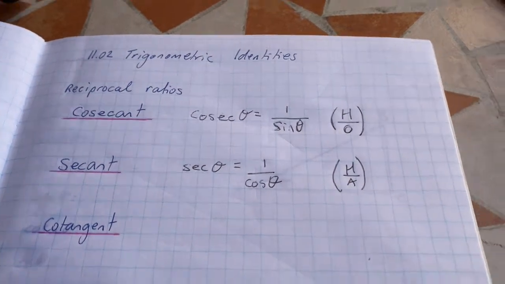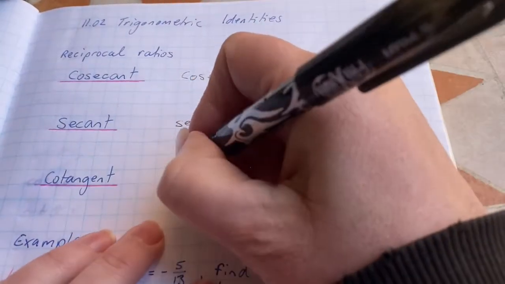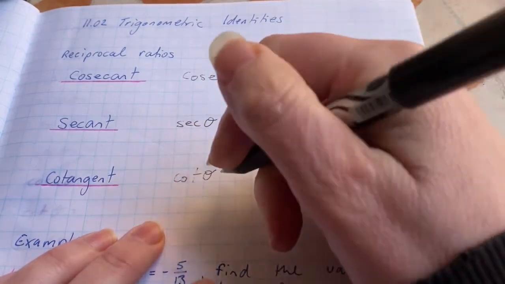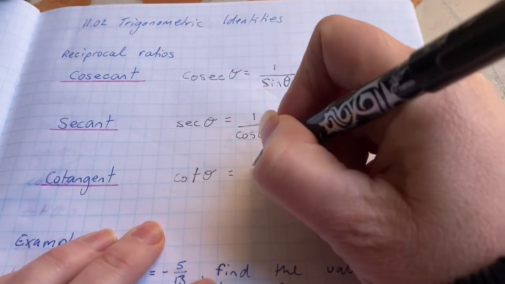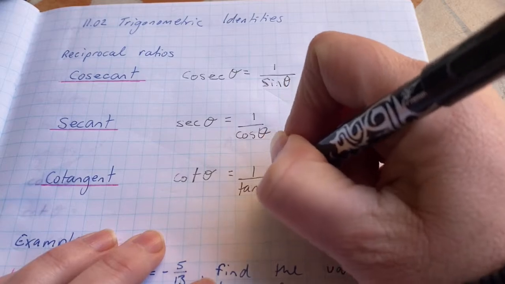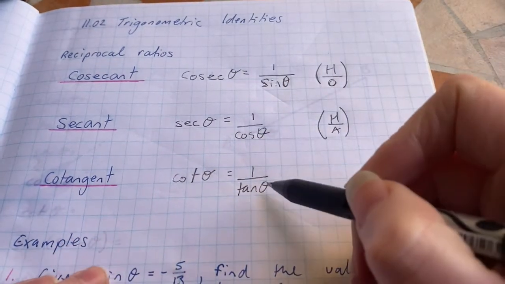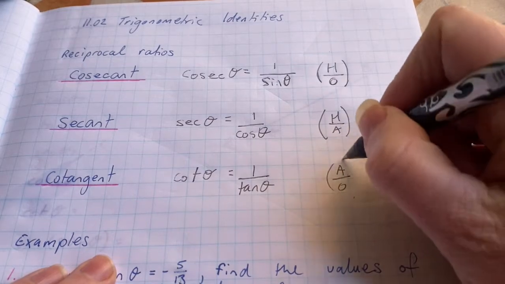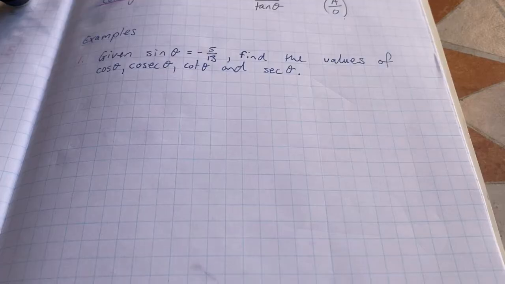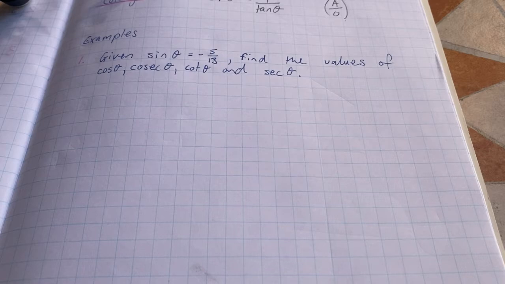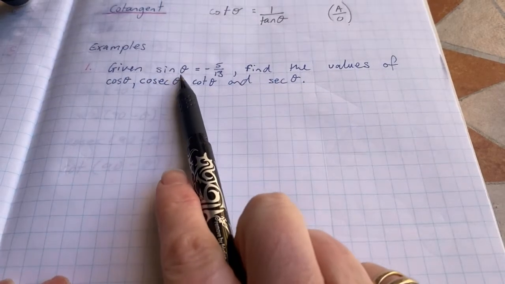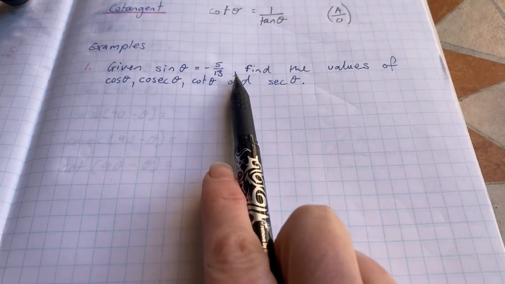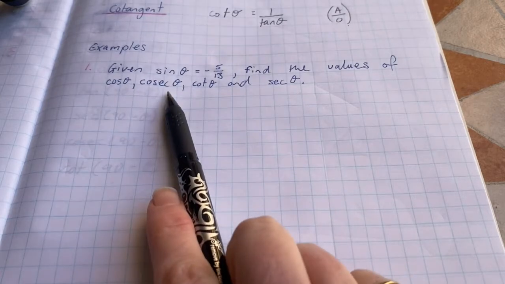So cotangent, or cot theta, is equal to 1 over tan theta. So where tan is opposite over adjacent, that's going to be adjacent over opposite. So let's look at some examples of how to use that. So in this one, given sine theta is equal to -5/13, find the values of cos theta, cosec theta, cot